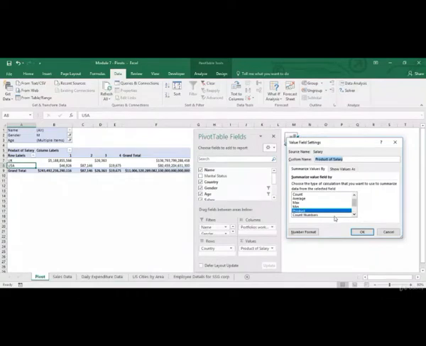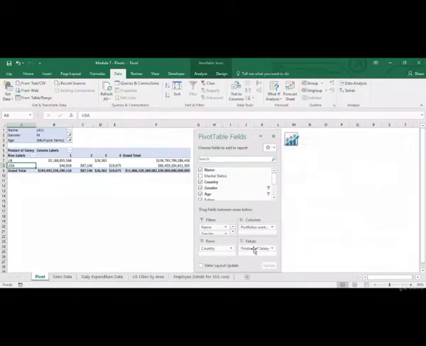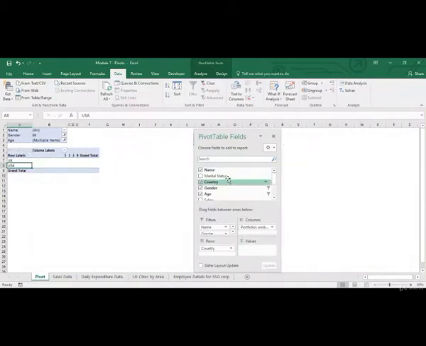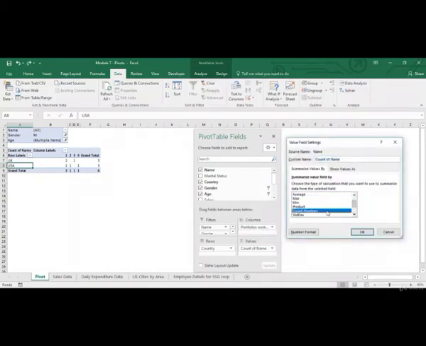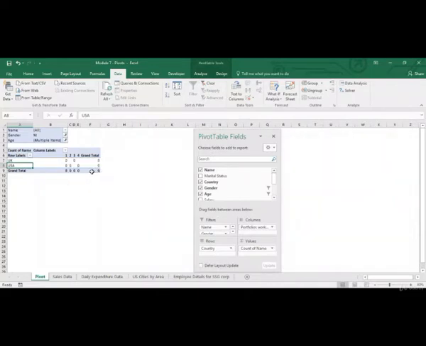Now the next is count numbers. Let's see, for it to work, let me just remove salary again and let me put name. So right now I've got 6 employees, right? Now let's use count numbers. So as you can see, this is all zero, and that is because in name you have all character values. You don't have any numeric value.